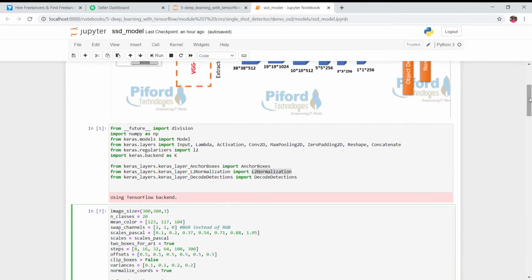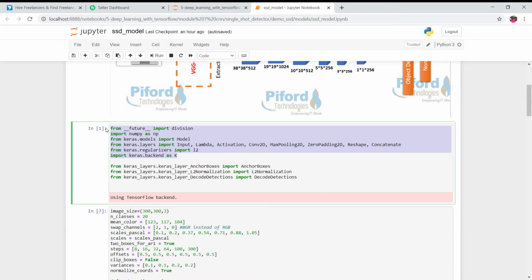First of all, I'm importing all the required modules. These are the modules. These are ready-made modules, and we are taking them from Keras or TensorFlow. And then we have these three modules which we have created ourselves. I'll share the code of these modules with you. Let me first brief you on what is there in these modules.